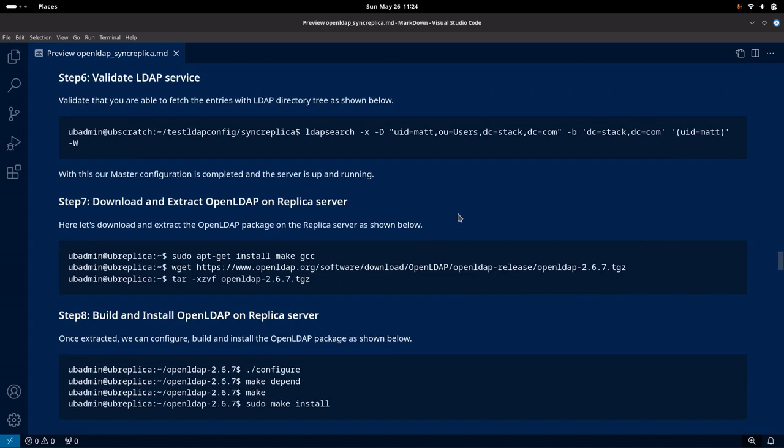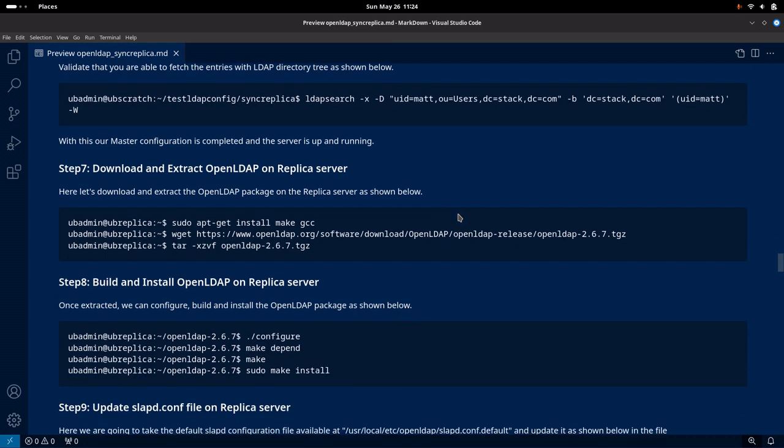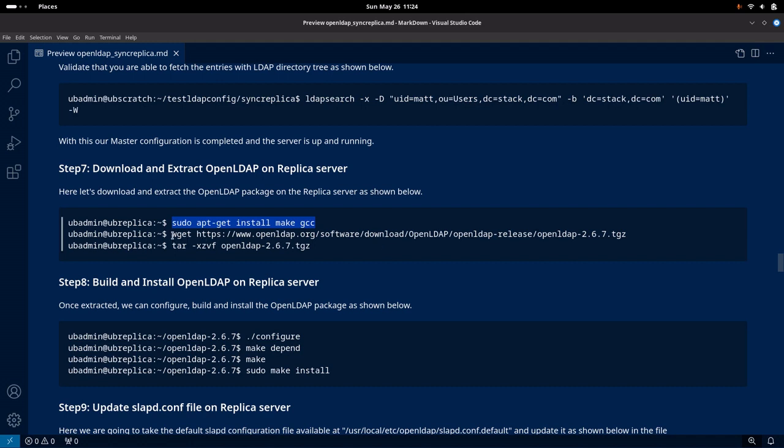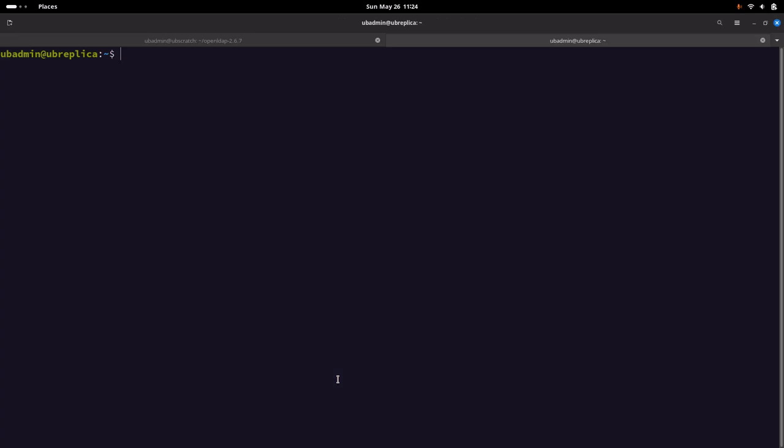Now let us go to the configuration for the replica server. So for that, we are going to work on the replica server. In this step, we are going to do the same steps: download and extract OpenLDAP on the replica. Here also we are going to install the dependency packages, that is make and gcc. This is already installed on my machine, and you can just go and download the package and extract it. These steps are already done on my machine, and you can just go into the directory